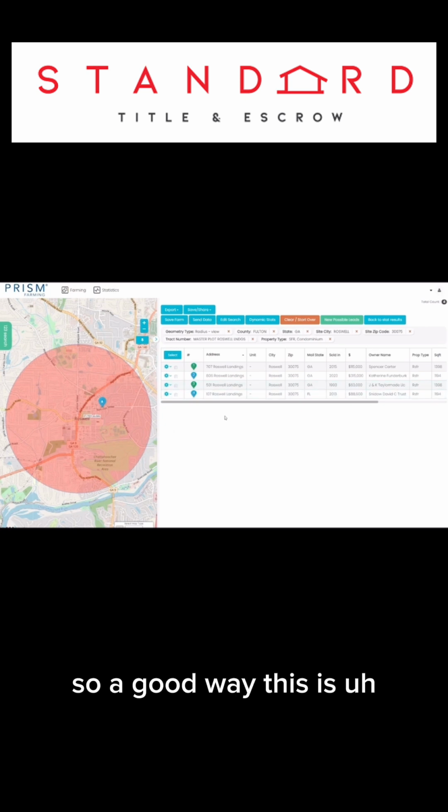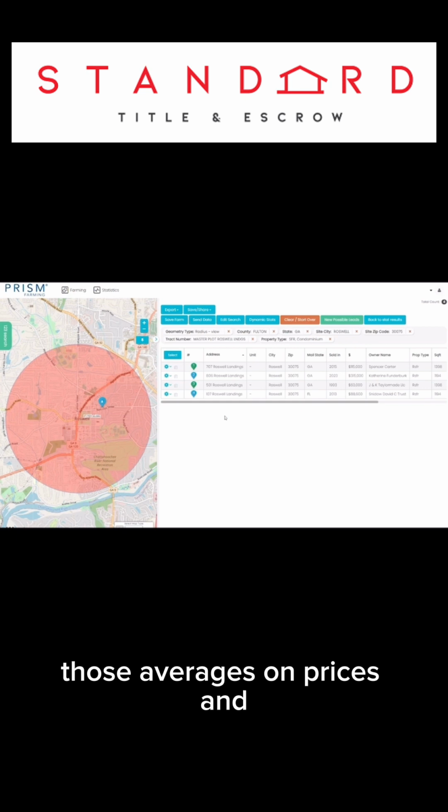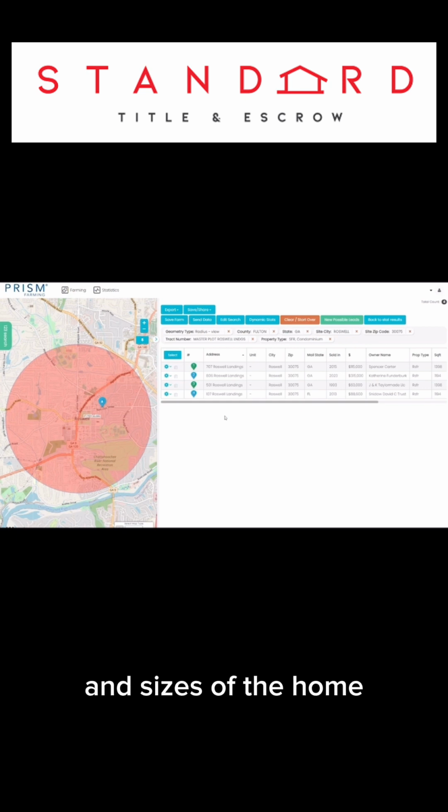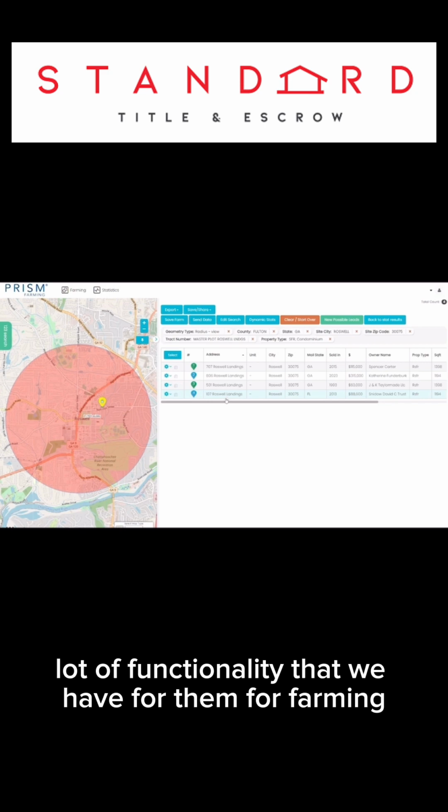So a good way, this is allowing them really to get those statistics, those averages on prices and sizes of the homes, the last sell dates, the average sale price. And then once they've done that, they can really drill down and see those specific properties that met those criteria as well. So a lot of functionality that we have for them for farming. We're really excited